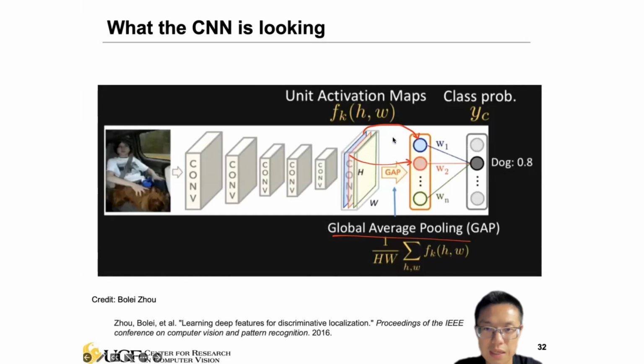which basically collapses each feature map into a single scalar. Then we have a last fully connected layer with the weights, and we can generate the final class probability output. For each of the class outputs, we can then go back and generate a weighted feature map.